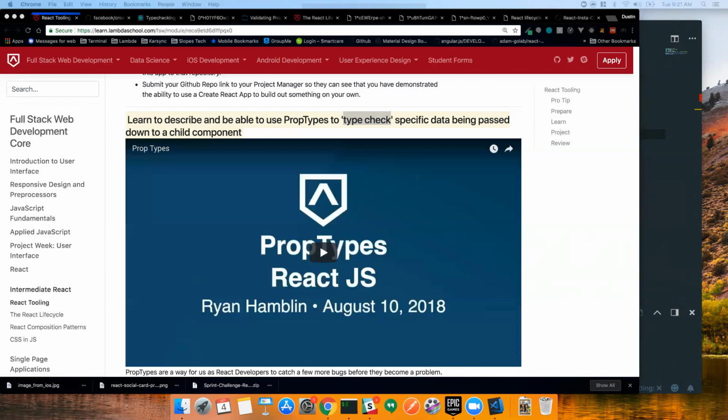So in order to do that, you need to know what props need to be passed to this component. There are a couple ways to go about finding that out. With what you know so far, you would have to look through the entire component, and you would have to find everywhere that this.props is used, or props.something is used, and then you'd have to make a list of all of those props everywhere in the component that those props are used, so that you pass down the correct props. But then